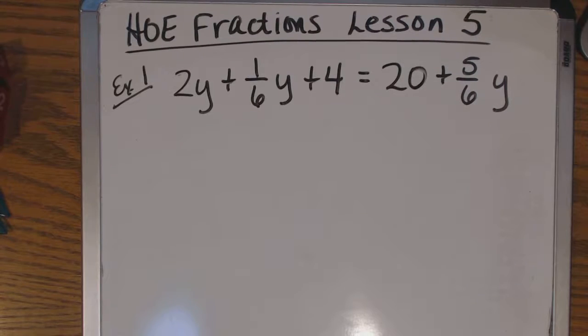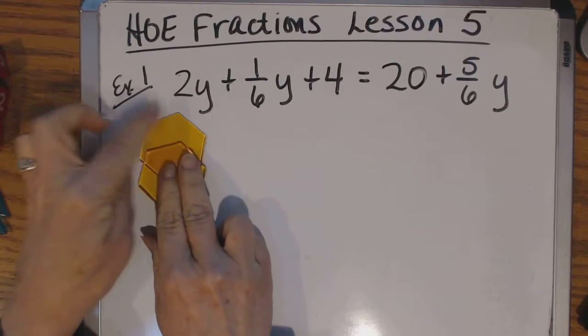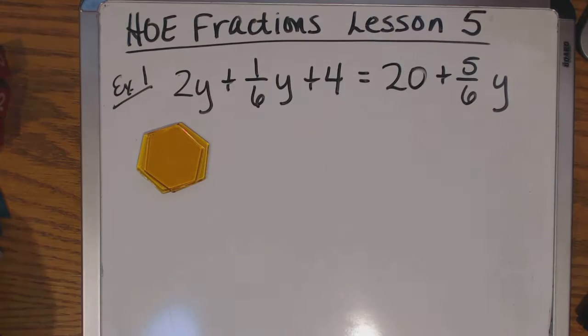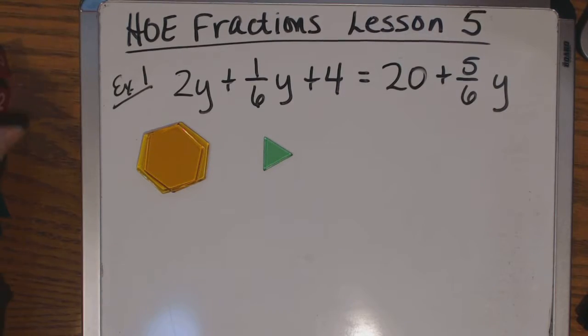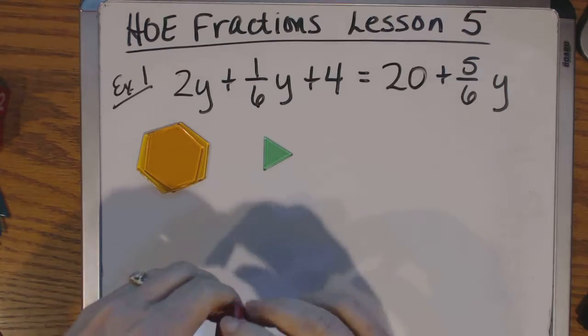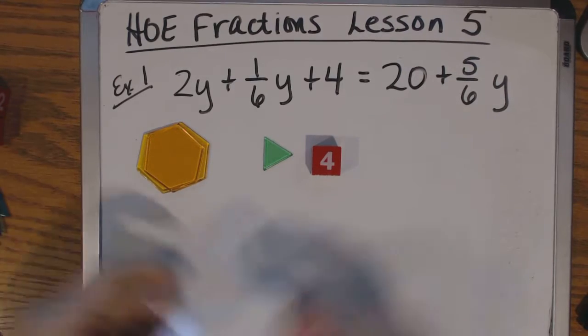All right, this is lesson 5. And the first example problem is on my board here. I'm going to go ahead and start just building the model. So I have 2y's, okay, let's start with, plus 1/6 of y plus 4 is equal to 20